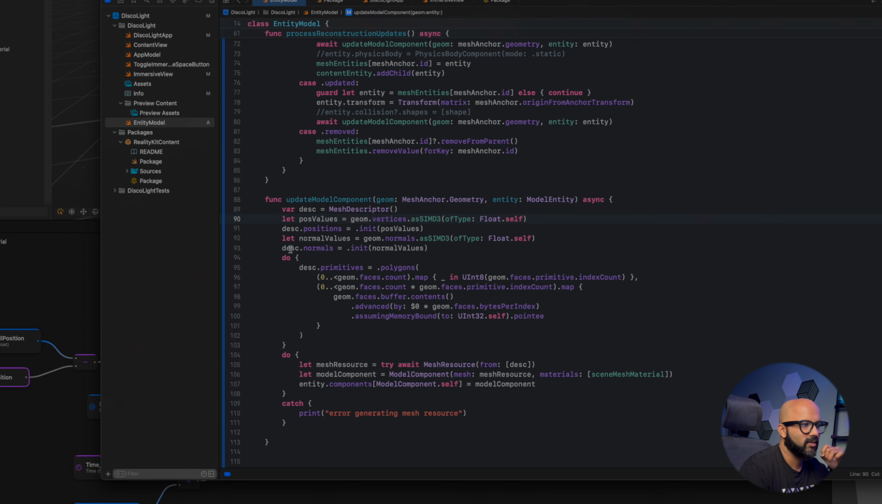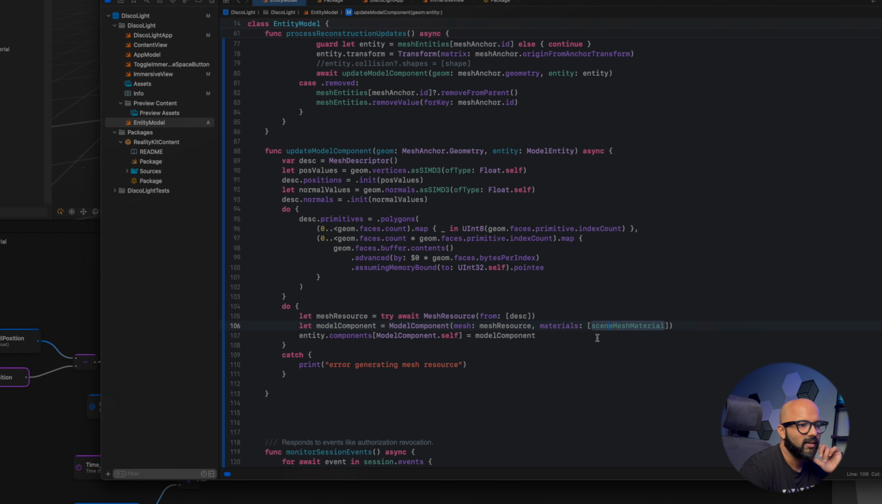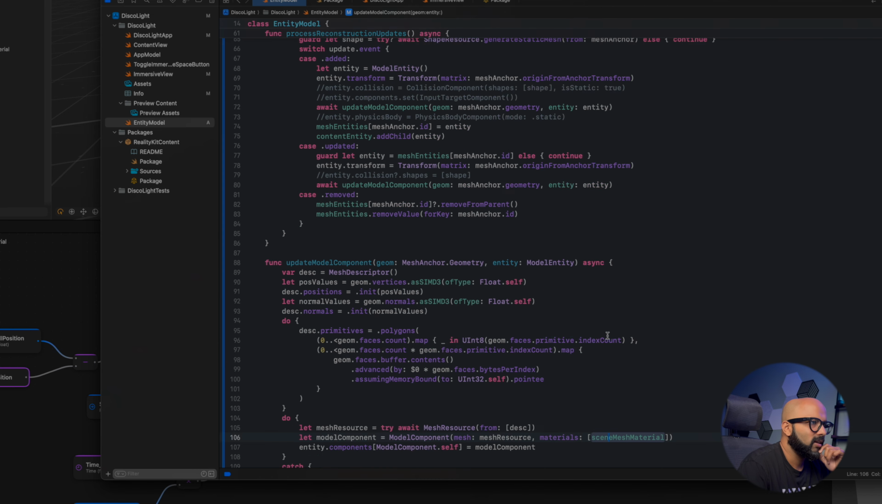So I'm creating a descriptor, and I'm creating a mesh resource from it, and then I am creating a model component, and to the model component I am just passing the mesh resource and applying the material. Now you must be wondering, where did this material come from? How did I get it? So in my model,